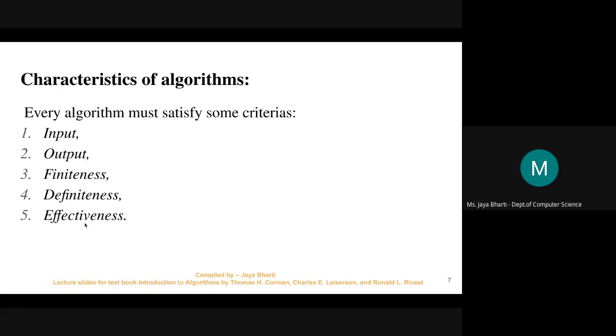So whatever algorithm you are using, it should be effective. Okay, means it should run for every possible case. ऐसे नहीं कि if you want to run the sorting algorithm, so you have taken some input and it is running properly for that input. But if someone has taken some other input, some other set of values, then it is not running properly on those values. Okay, so it should be effective for all types of inputs, whatever the domain of that algorithm. Okay, so these are the characteristics of the algorithm.